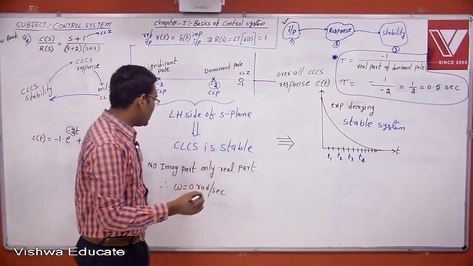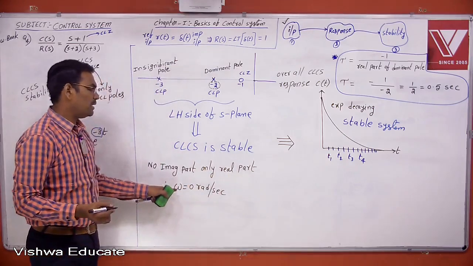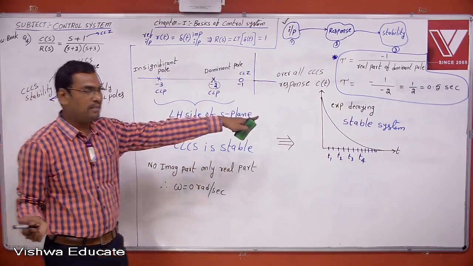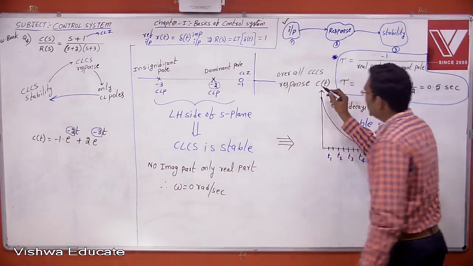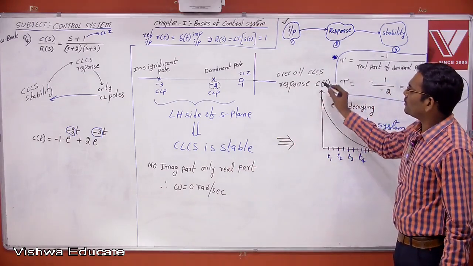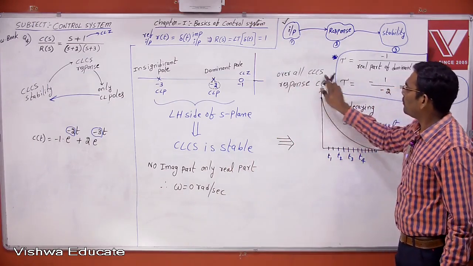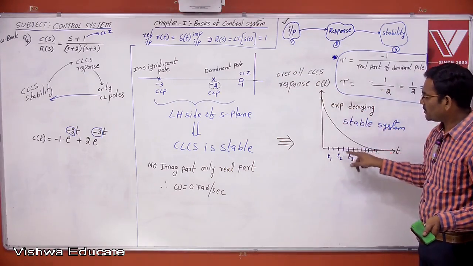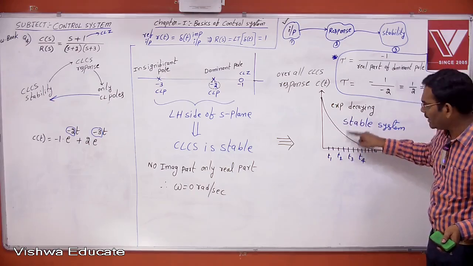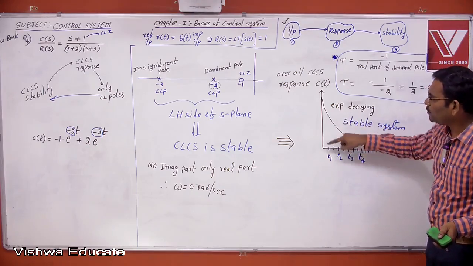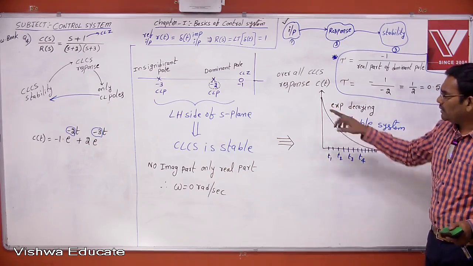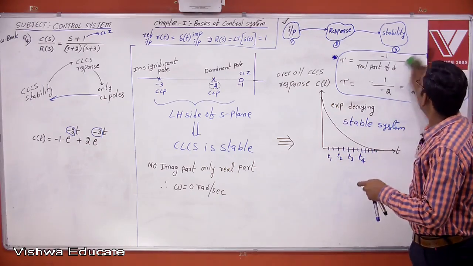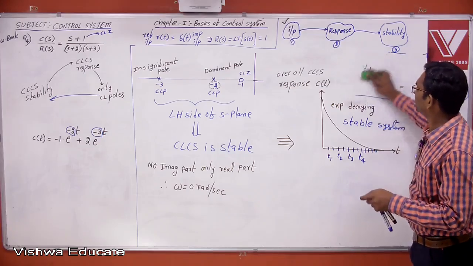But what is the frequency of oscillation in the response? What is the response saying? See the response. This is the overall closed loop control system response. Now, does this response have any oscillations? Is there any sine wave? Is there any cos wave? No. This response does not have any oscillations. Therefore the frequency of oscillation is